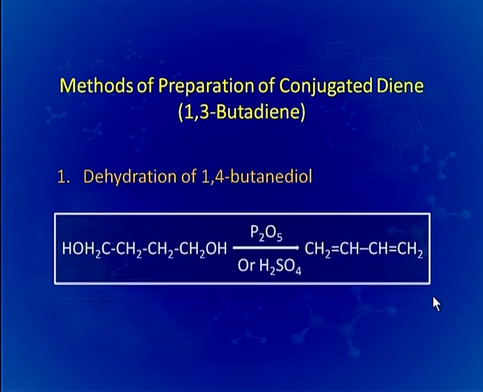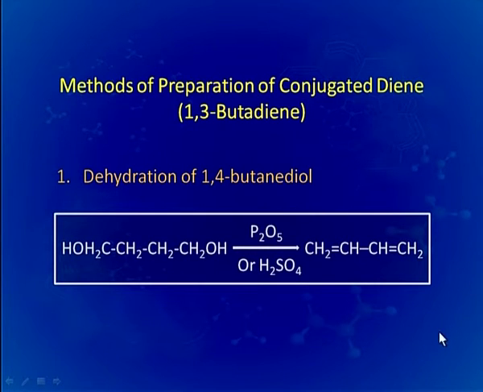Now, coming to the methods of preparation of conjugated dienes, we will take the example of the simplest diene, that is 1,3-butadiene. This can be prepared by the dehydration of 1,4-butanediol. We can see here that an OH group is present at carbon number 1 and carbon number 4. So, after dehydration, H and OH will be removed from here and H and OH will be removed from here. So, 2 moles of water will be taken out in the presence of P2O5 or sulfuric acid